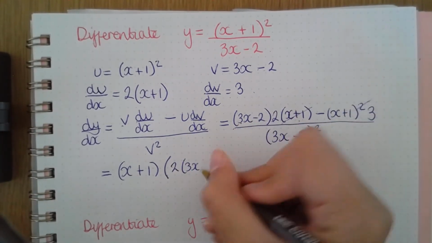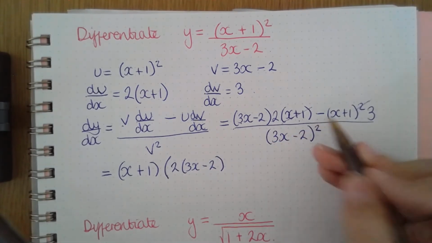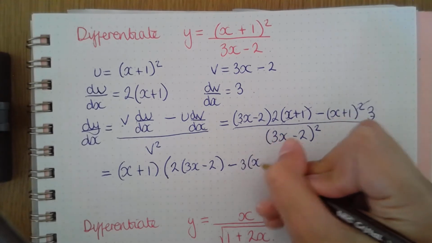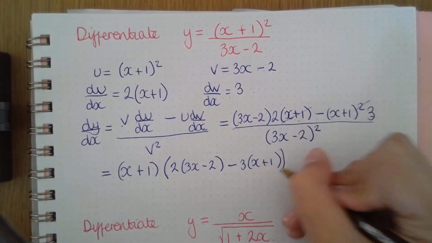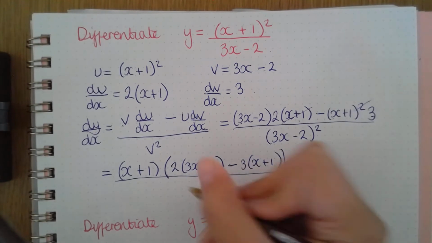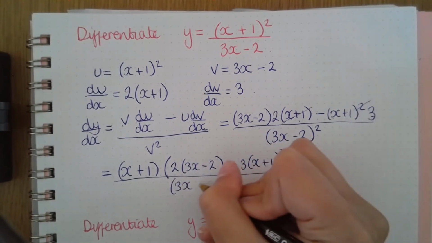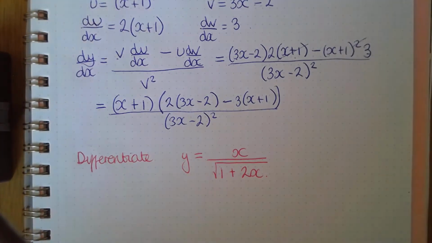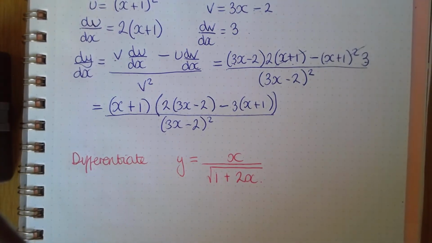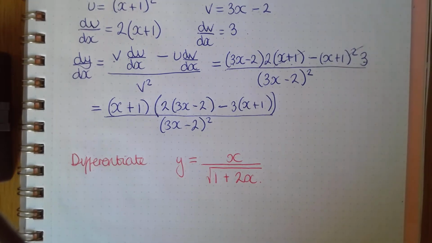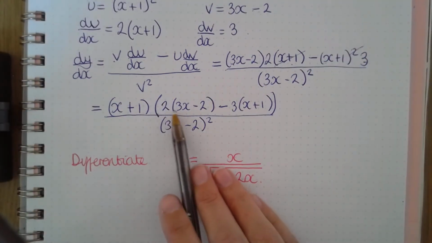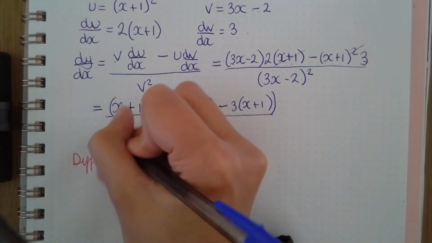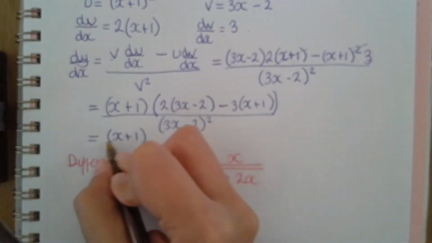2 lots of 3x take 2. Take away 3 lots of x plus 1. All over my denominator, 3x take 2 all squared. Might just be able to fit this in. So when I simplify this, I end up getting 2 lots of 3x, take away 3x. So I get x plus 1